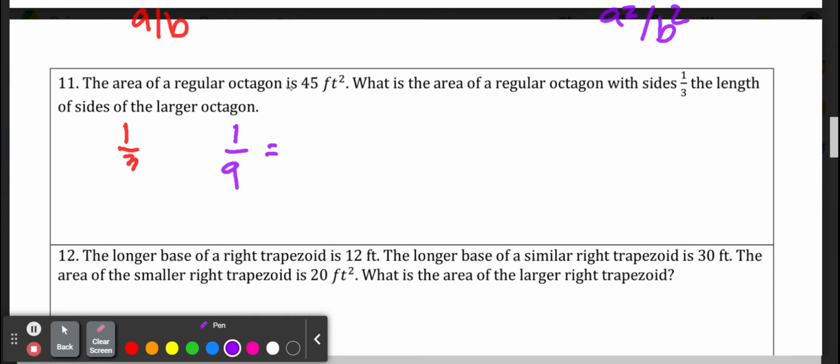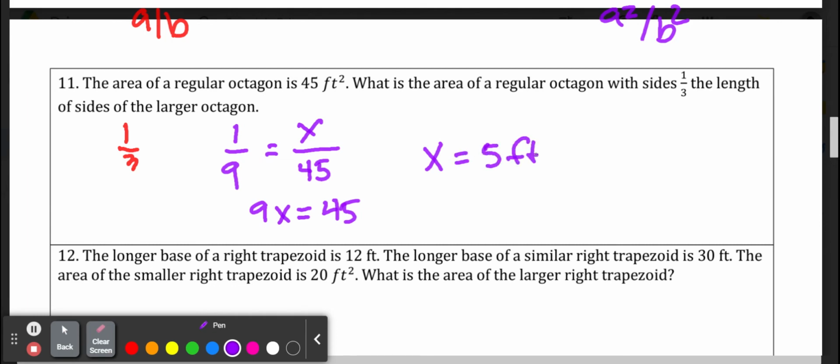And the area of the regular octagon is 45. The area of a regular octagon with sides 1/3 the length. What is the area? So it's 1/3, so it's smaller. So we're looking for the small one. So that's going to be x here. This is going to be 45. Cross multiply, we get 9x equals 45. And then we just divide by 9. So we should get x equals 5 square feet,